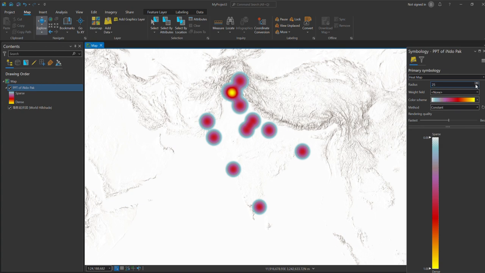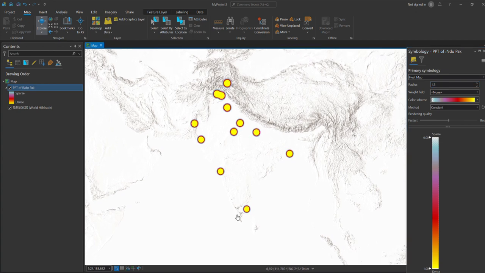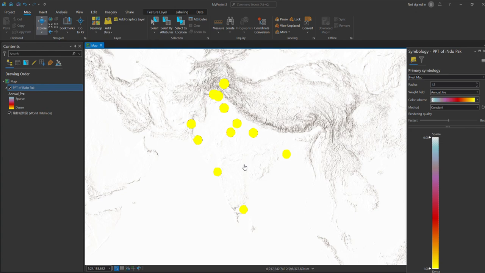For example, if I go to 12, you can also change the radius of the circle. The yellow means highest precipitation. If I go to this and click annual precipitation, you can see the yellow means the precipitation. If I go to 20,